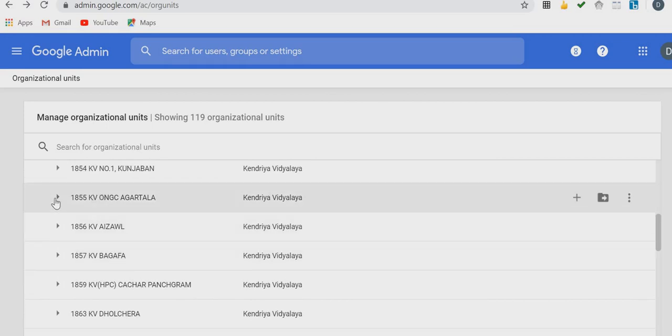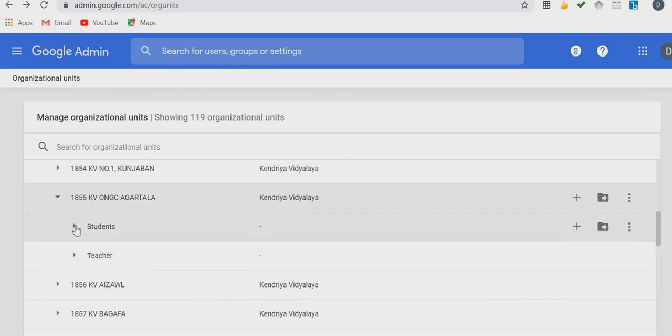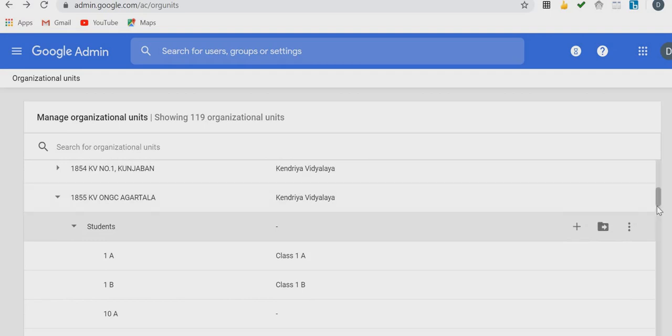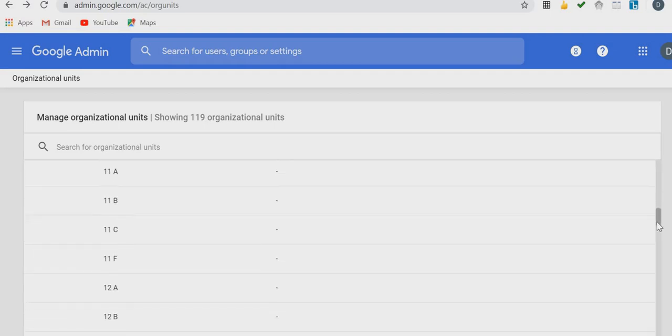Then again under students I will check whether the organizational unit which I have made right now has been added or not. We can see here that 11F is there. So like this you can create organizational units.